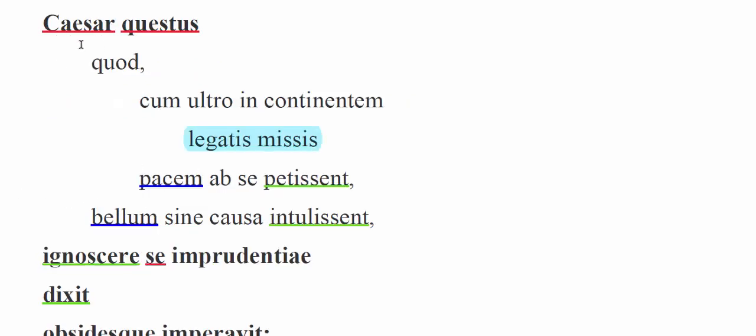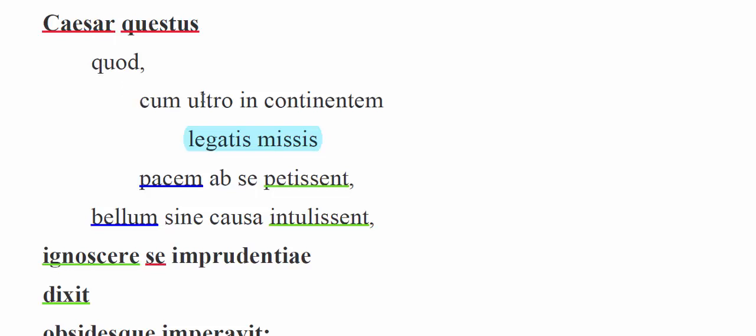All right, well, let's see what Caesar does. Well, the first thing Caesar does, as we see here, is questus. This is from the deponent verb queror, so Caesar complained. Caesar complained, this quod is that. You could say because, though, it's okay. Caesar complained that, or because,